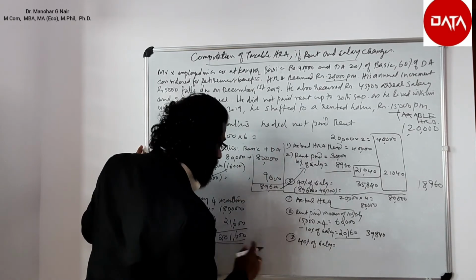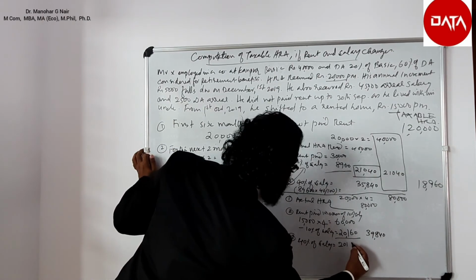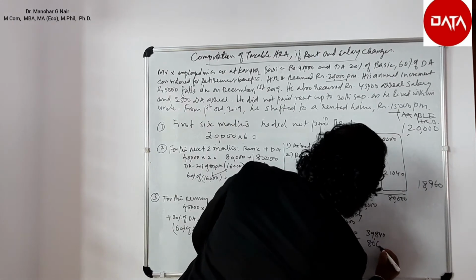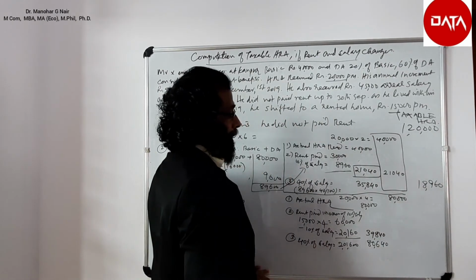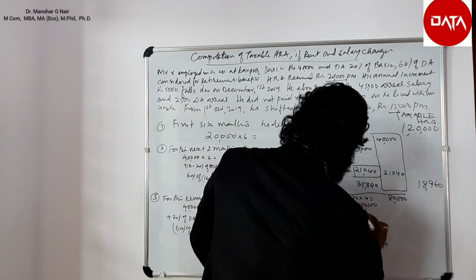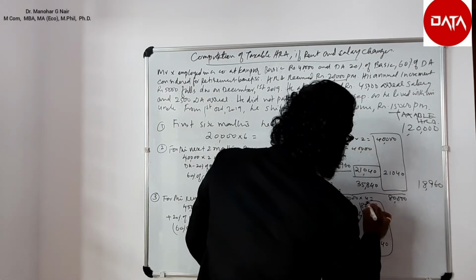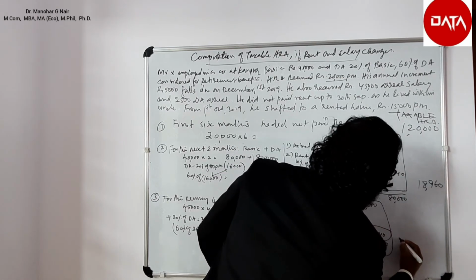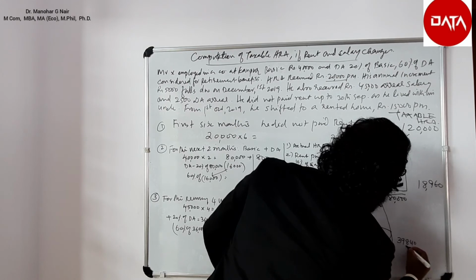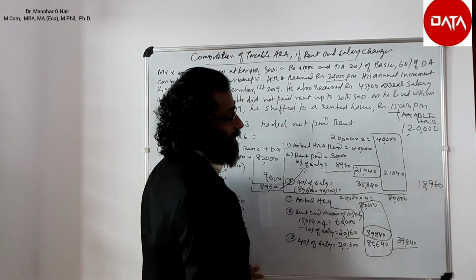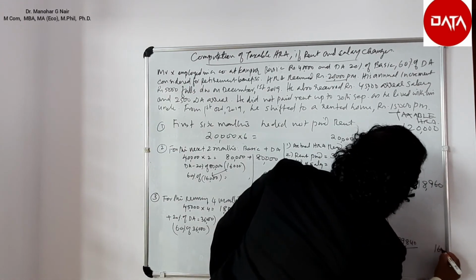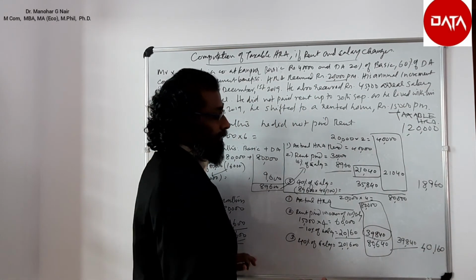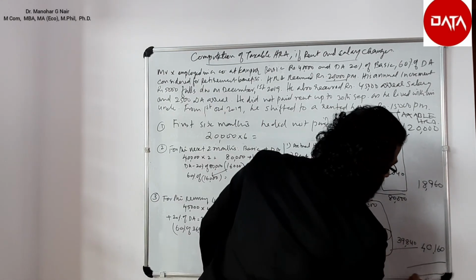That is 40% of 2,01,600, equal to 80,640. So the least of the three shall be exempted. Here the least is 39,840, which means the taxable portion is 40,160. So therefore taxable HRA is